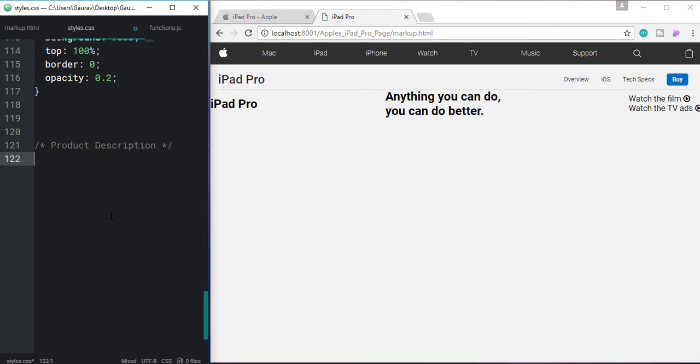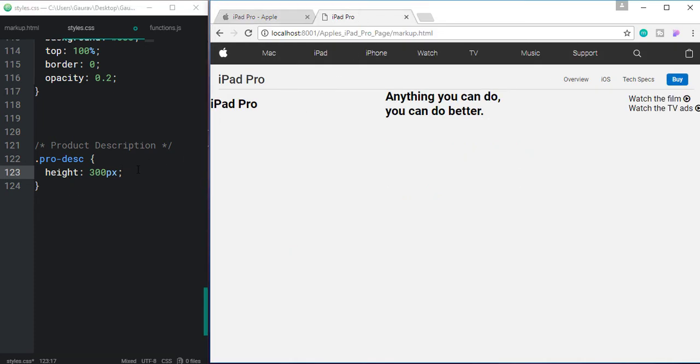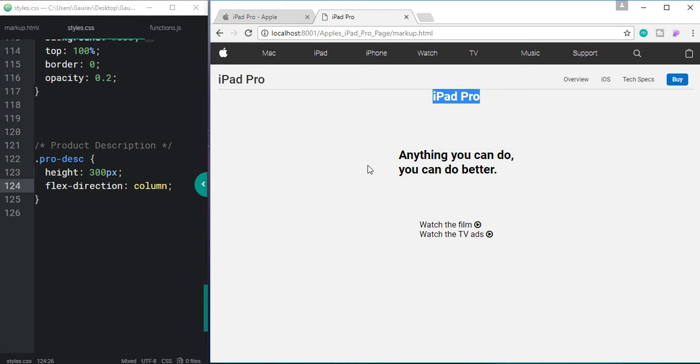Okay, and so for product description, let's give it a fixed height of 300 pixels, and let's change the flex direction of it to column, so we can have them one after another, not in a row.